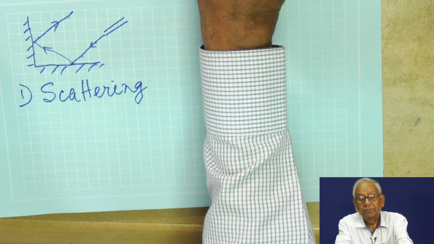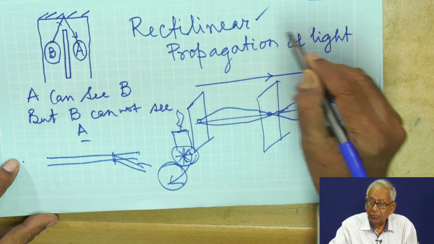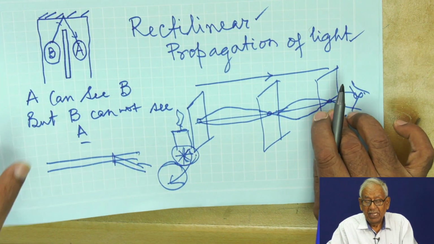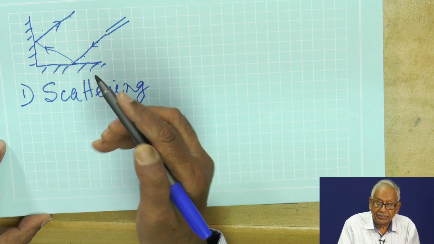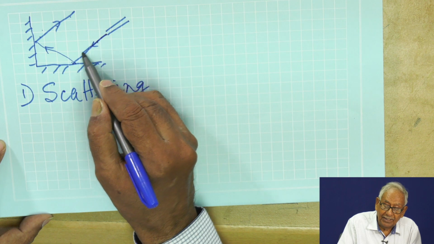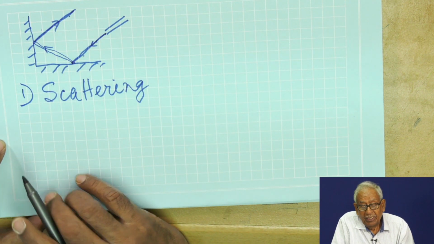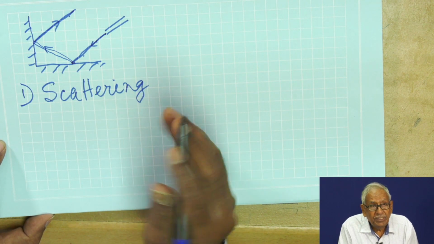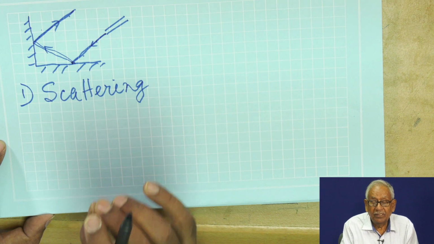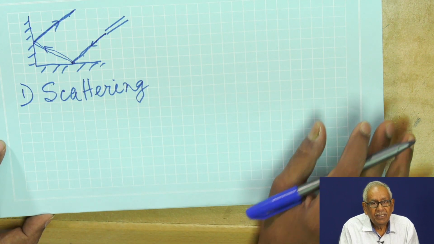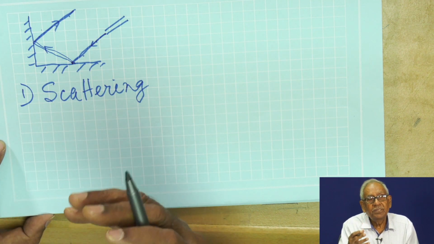Previously, we talked about the rectilinear propagation of light. In this experiment, we shall see for ourselves that this light is really travelling in a straight line, wonderful. But what is scattering? Scattering is something that happens when light falls on small particles: they absorb the light and then re-emit it in all